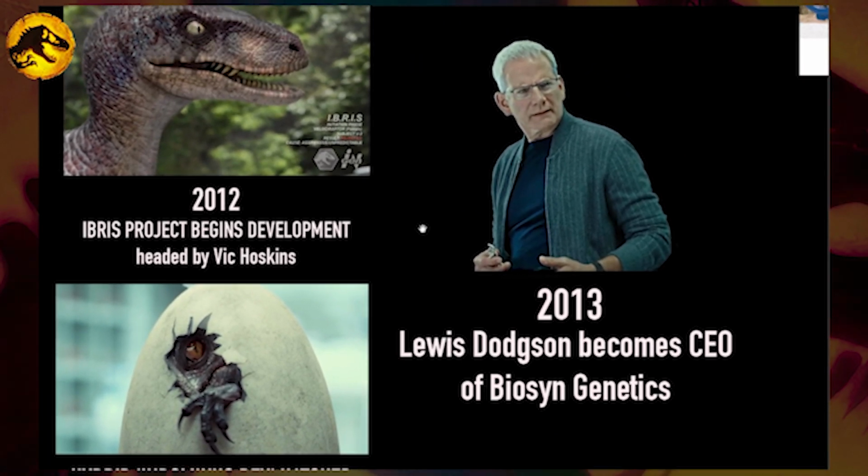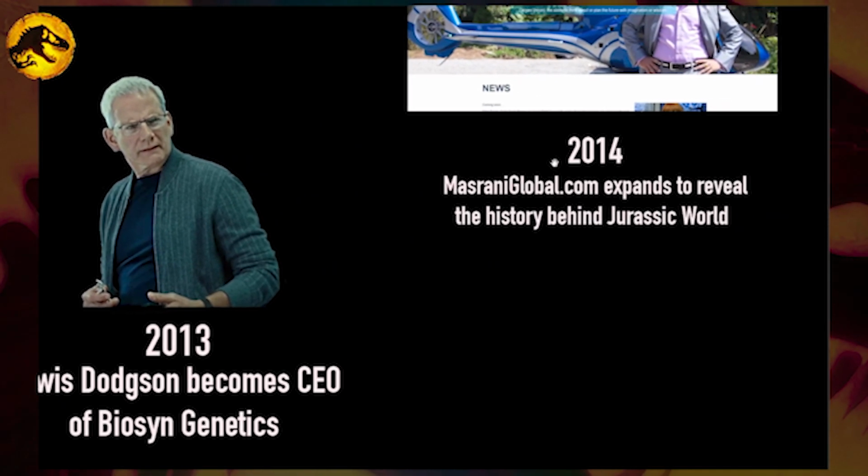2013, Lewis Dodson becomes the CEO of Biosyn Genetics. So he hasn't been caught out yet for all his misdeeds and all his secret goings on. And he's managed to rise to the top, and this information was revealed on dinotracker.com. Okay, so then